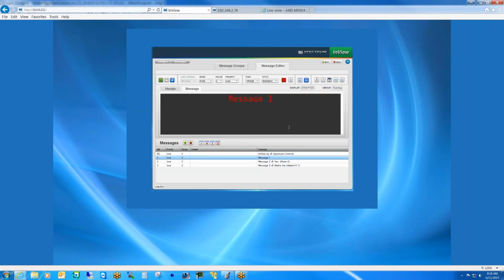And we can see the message. Now, we liked the old IMS software. One thing we did like about it was the editor. So we tried to keep the look and feel close to that, so existing customers would recognize the settings. But it's very intuitive. Entering text is just as simple as typing,